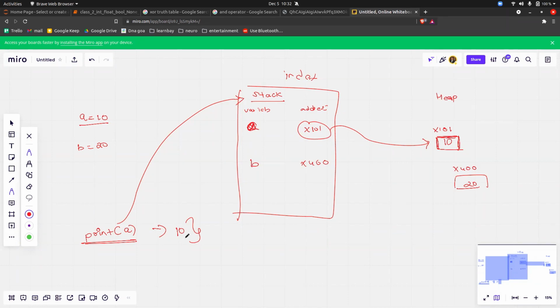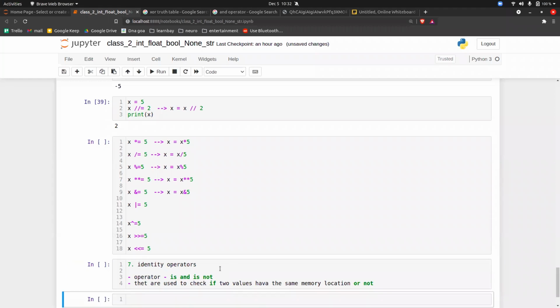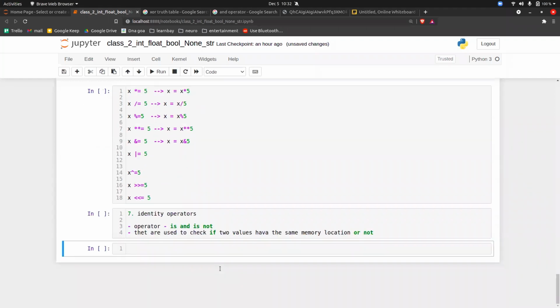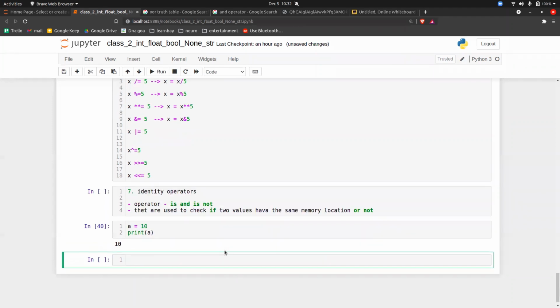Now let's try to understand the same thing with the help of a coding part. So let's say you have A equal to 10. If you do print A, the output is 10.